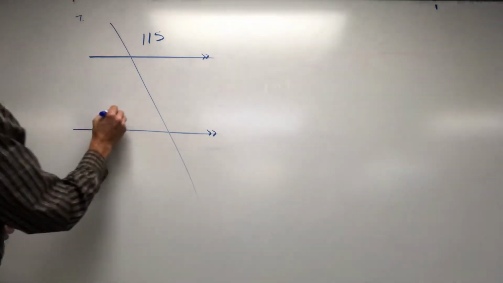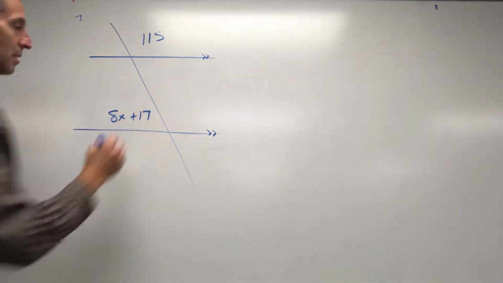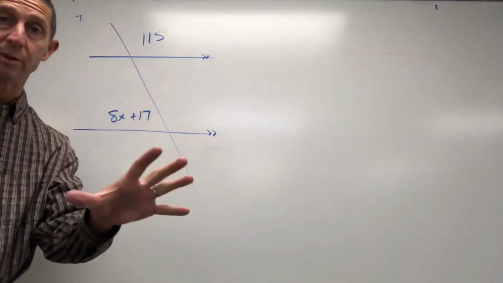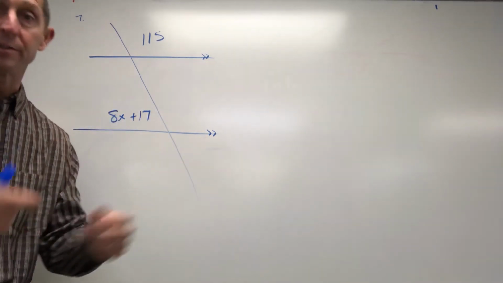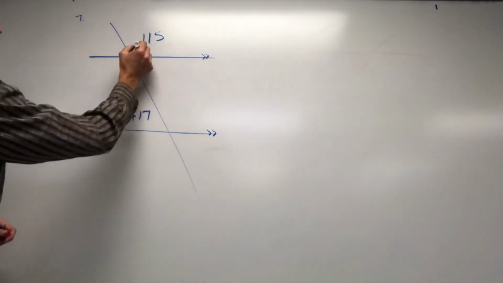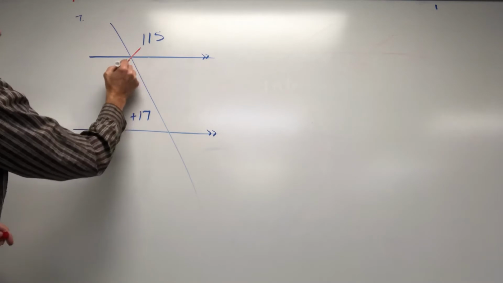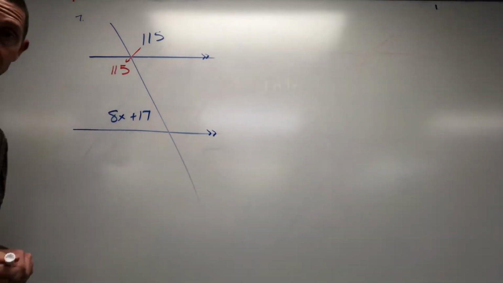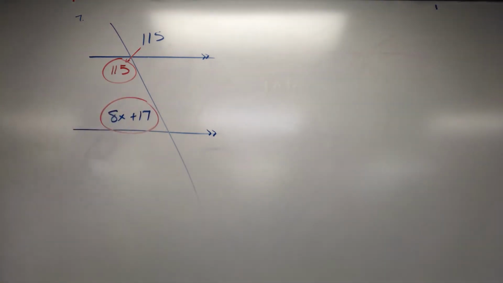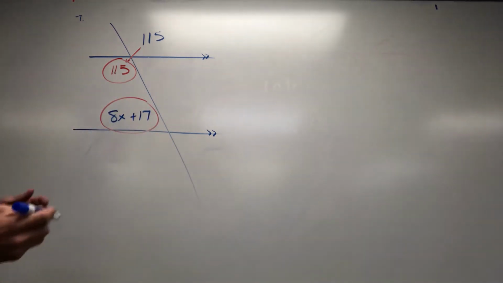Let's say this one is 8x plus 17. So when you get this assignment, you may have to move an angle to get one of your consecutives or your alternating or corresponding. That's the case here. Our 115, we know this is 115 also. So now we have 115 here, 8x plus 17 there, and we're looking at